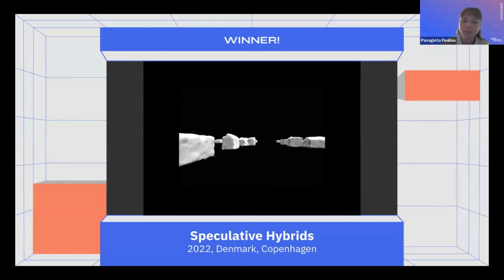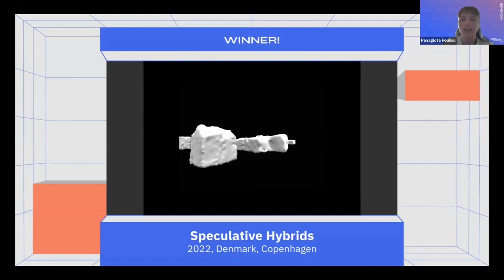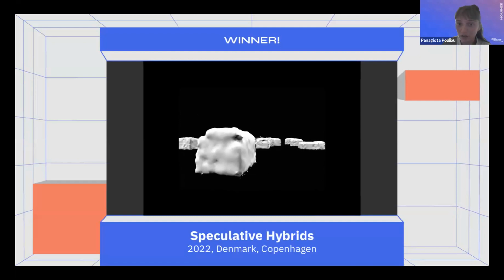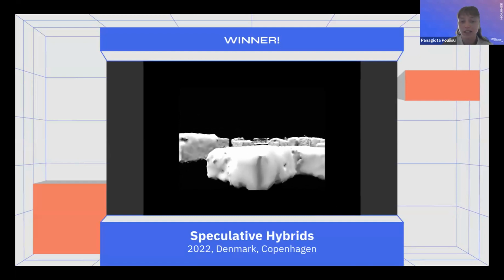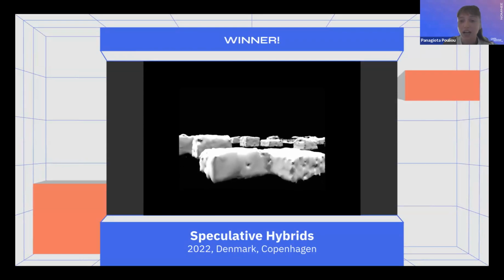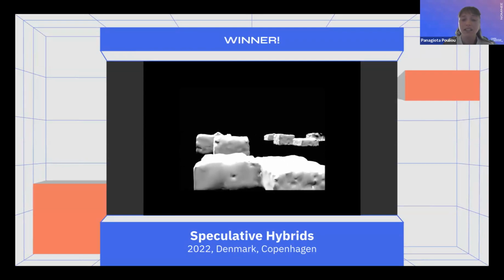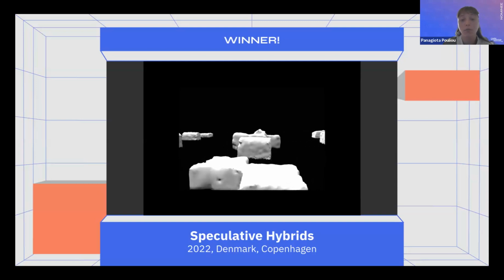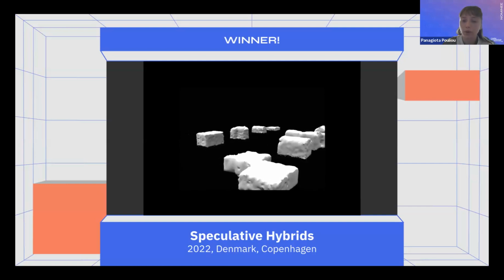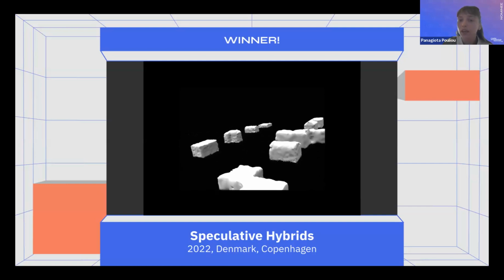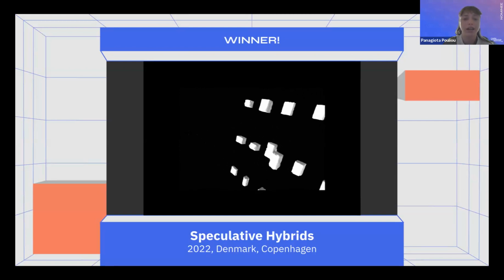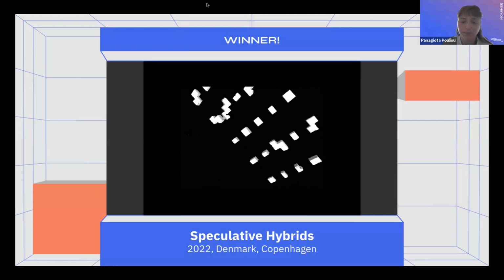In speculative hybrids, we employed machine learning algorithms to generate conceptual architectural forms with respect to site-specific regulations. We created an annotated dataset of single-family homes and then used it to train a 3D generative adversarial network that generated annotated point clouds complying with site constraints. Afterwards, we presented the framework to 23 practitioners of architecture in an attempt to understand whether this framework could be useful as a tool for early-stage design.